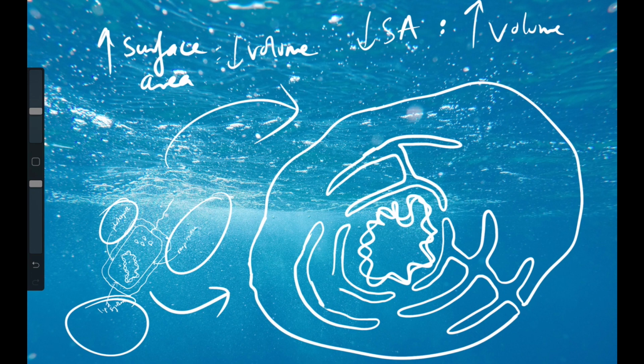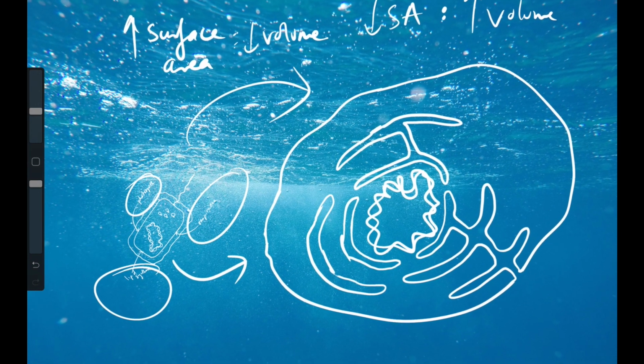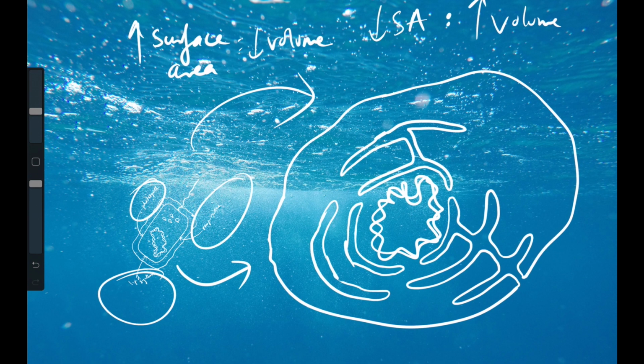Right? So this is one argument for how these organelles came to be. That the membrane started to fold inwards in order to satisfy the requirements of the cell, and in doing so created these internal membranous structures which we